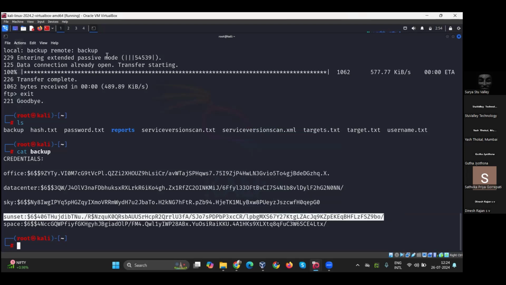For hash decoding, we have different decoders. In Kali Linux, we have special decoders: John, Hashcat, Hashcracker, different things. Here I'm using the John tool for decoding this hash. Okay, after copying this one,